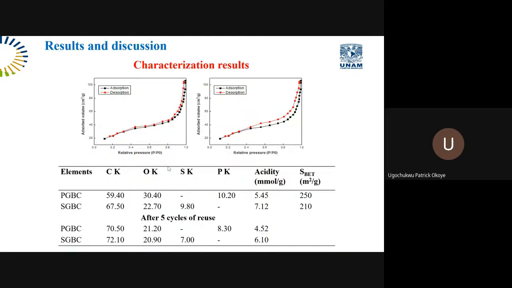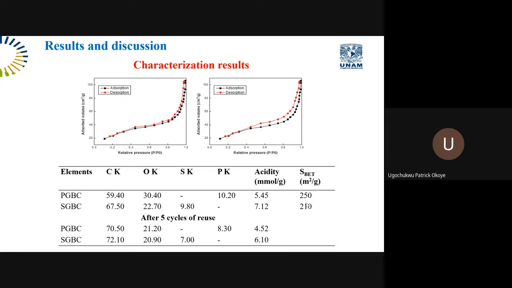So, assessing this material's porosity and surface area, we found that we were able to obtain enhanced porosity and also a surface area greater than materials that are not treated with hydrothermal synthesis. It has been reported before that ordinary treatment of sulfuric acid with glycerol-based carbon produces material with surface area less than 1 meter square per gram and without any pore. But in this scenario, we obtain pores which could enhance mass transport in and out of the sites of our material.